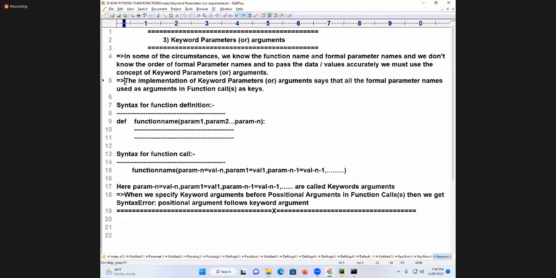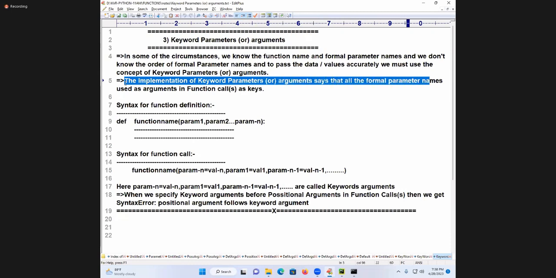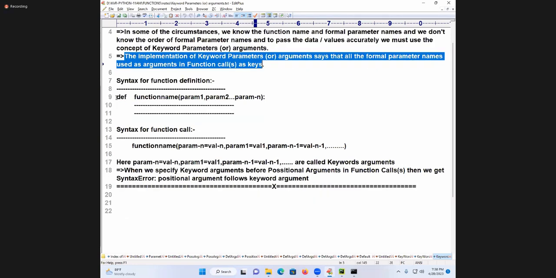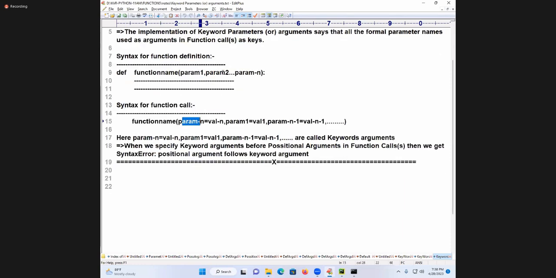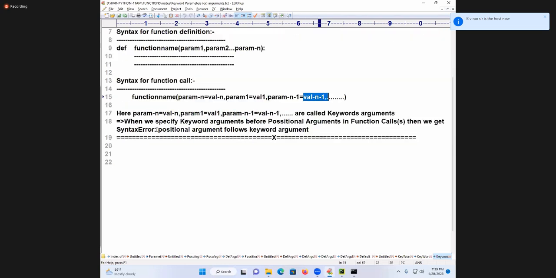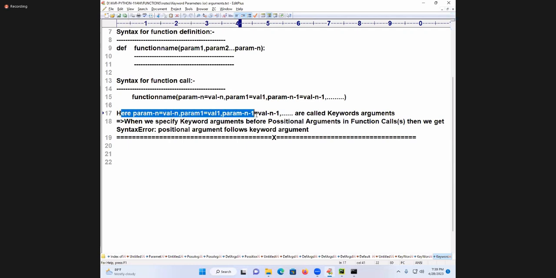The implementation of keyword parameters or arguments says that all the formal parameter names are used as keys in function calls. Syntax for function call: in any order, I can pass it. param n equals value n, param 1 equals value 1, param n minus 1 equals value n minus 1.